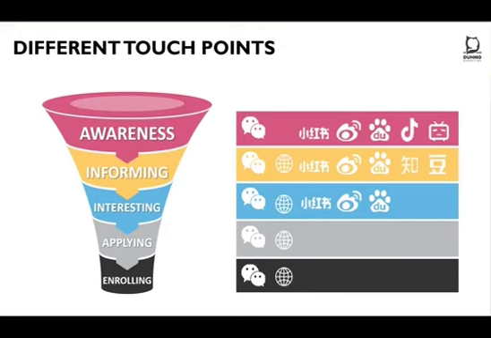So today, you will see all along the presentation, we have organized a funnel for you to understand the different steps the persona will go through. You have the first step here as the awareness, so really making your brand exist. We have a step that we have called informing. This is where the family and the students will be searching for information, and we'll come back to that. Interesting in the sense that that's the moment where they have an interest in particular schools. Then they will be applying, and then they will be enrolling.